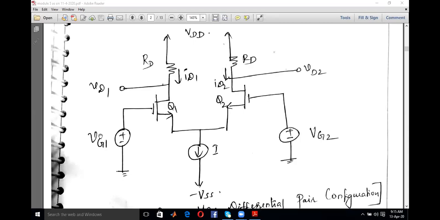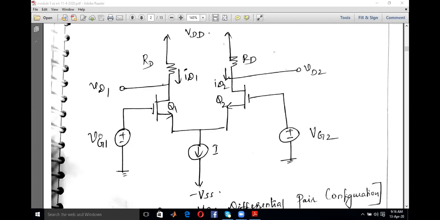Okay. And what about VG1 and VG2? VG1 and VG2 are the two inputs given to the gates of the MOSFETs. I told you this is a differential amplifier where you are using two inputs at a time, and the differential amplifier is able to amplify the difference between the two signals. For example, if VG1 is 5 volt and VG2 is 3 volt, the difference is 2 volt. So the ultimate differential input coming to the amplifier is 2 volt in that case. That 2 volt gets amplified by a factor A naught. Maybe A naught is 10, so 2 into 10, 20 will be your output. Understood? So the difference between the two signals VG1 and VG2 is getting amplified by this differential amplifier.